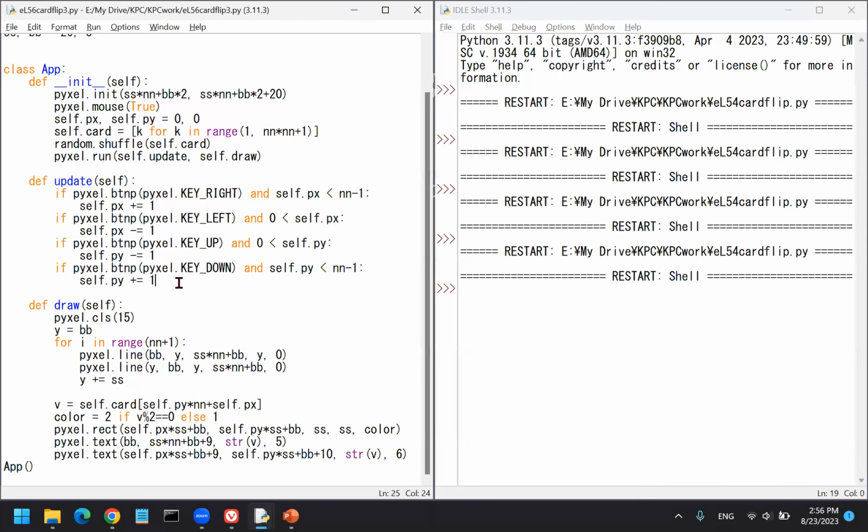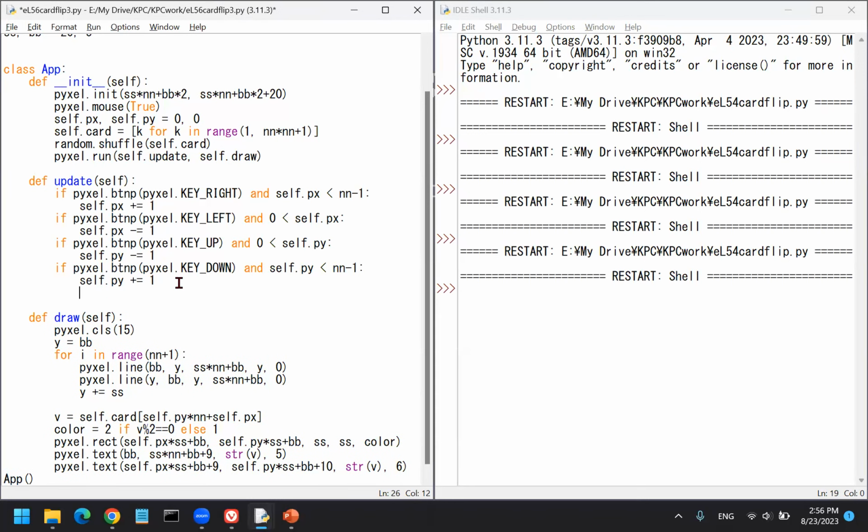So maybe you remember that you can check the mouse position. The thing is pixel.btn, pixel.MOUSE_BUTTON_LEFT. If the left key of the mouse is clicked,